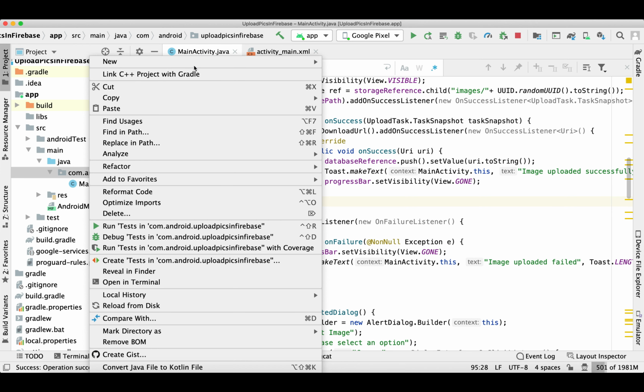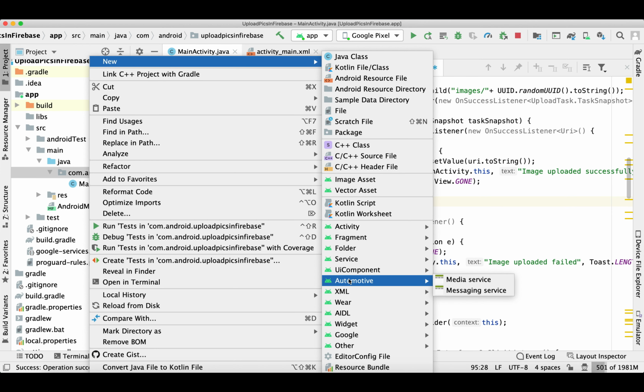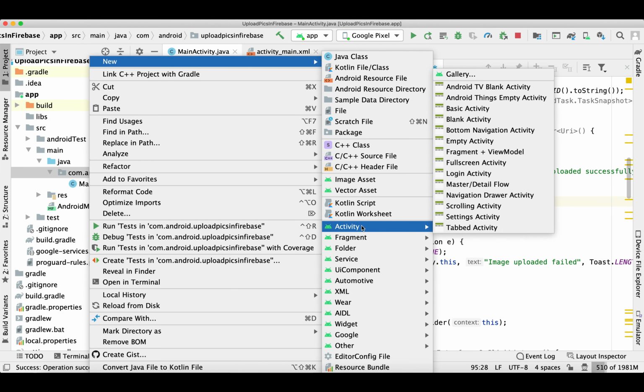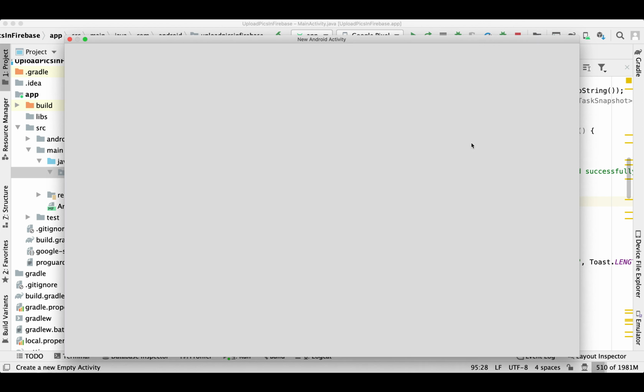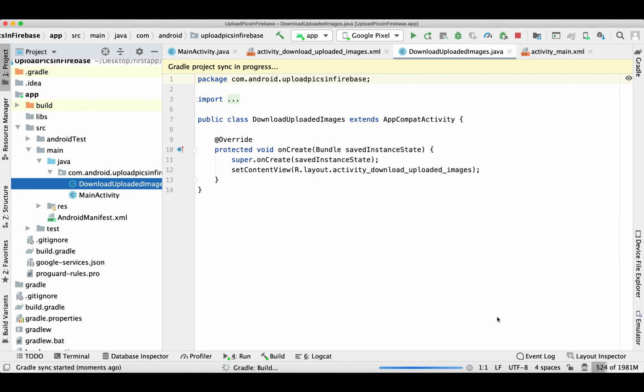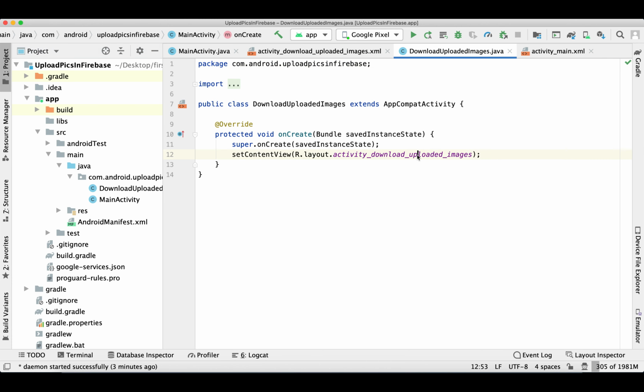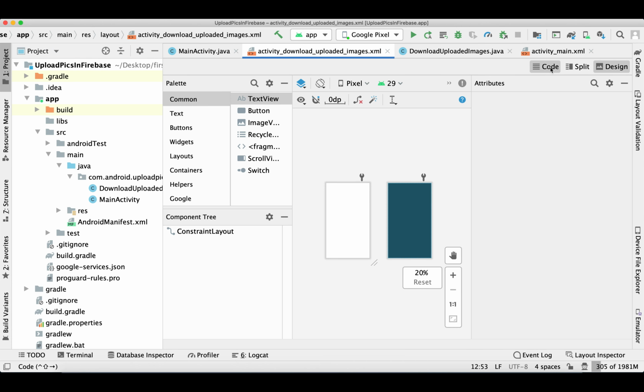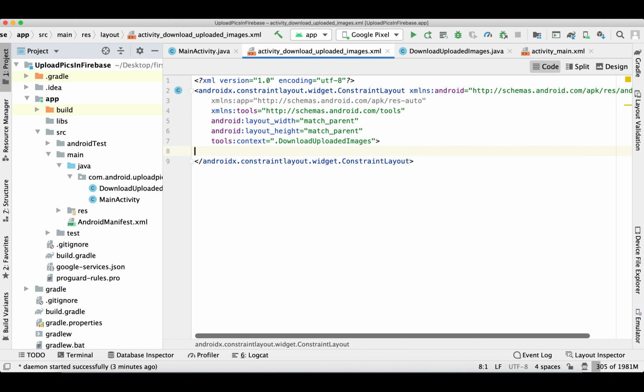Now we are going to create another activity, and there we will download all the images and then display them in our recycler view. Inside our layout, I am simply adding one recycler view.